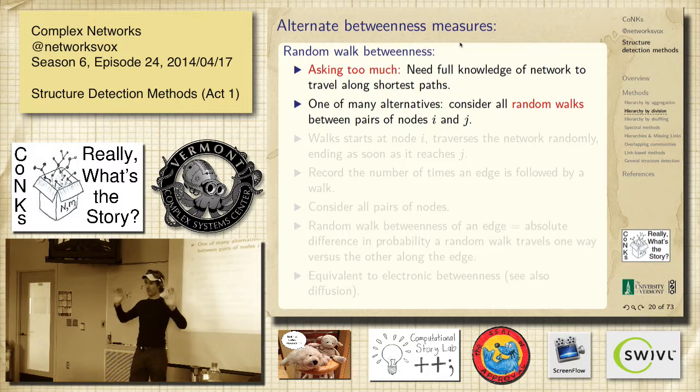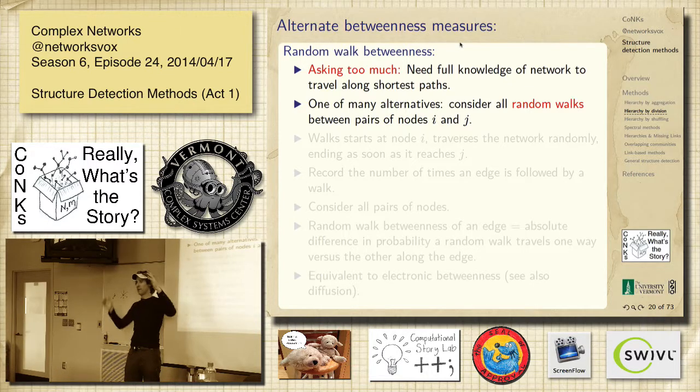Okay, sorry, yeah, good, excellent question. So you're going to say, here's I and J, what's the shortest path? And then find the shortest path, and then you give a bean to each edge. And then we repeat that everywhere. With the electronics version, you put a current in here and a current out here, and then you compute. And actually, it will go everywhere, so you get a little bit for every edge. This one, you send your random walkers in here, and then they'll pop out this one.